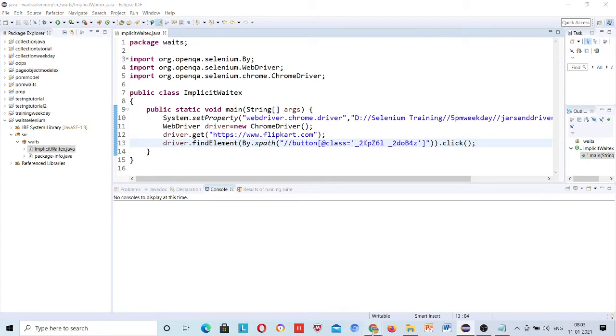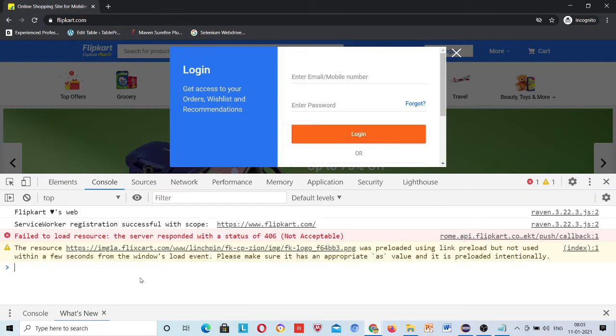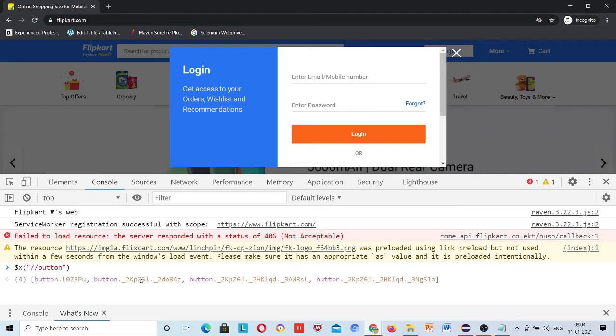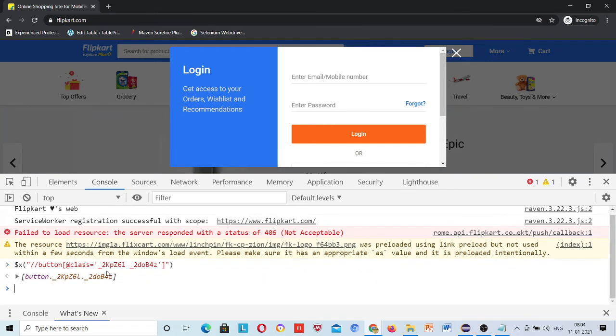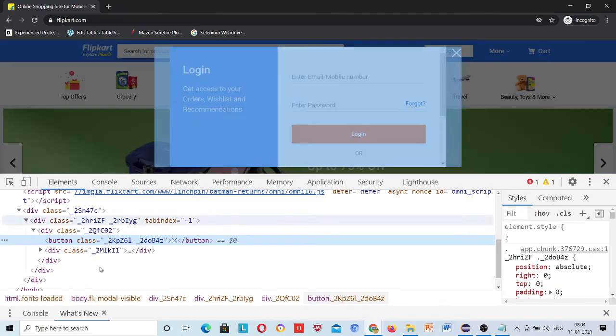And if you want to cross check whether the locator you have written is correct or not, you can quickly do this also: $x, button. So if I am clicking on this index, then it highlights this one, you can see this, okay? So this means we are correct.